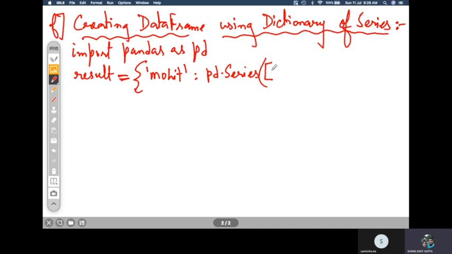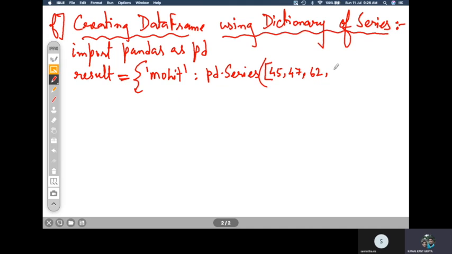Here you can pass the marks obtained by Mohit in the different exams. In UT1, how much has he got? Say for example, in UT1 he has got 45. In UT2 he has got 47. In half yearly he has got 62.